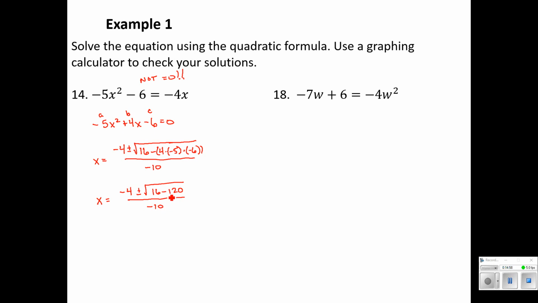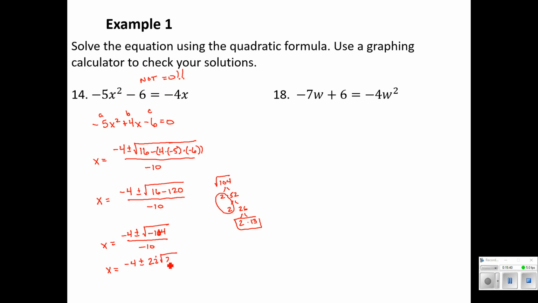So again, we are going to have imaginary solutions because what's underneath our radical will end up being negative. x equals negative 4 plus or minus the square root of negative 104 all over negative 10. X equals 104. We've got 2 and 52. We've got 2 and 26. We've got 2 and 13. So we do have a pair of 2's, but then 2 times 13, neither of those have a pair, so that stays underneath. So negative 4 plus or minus